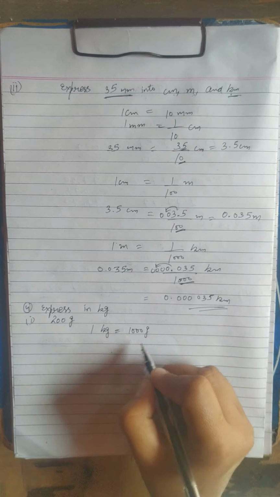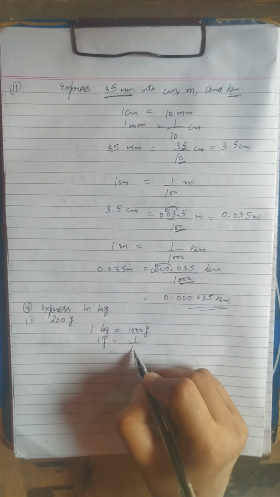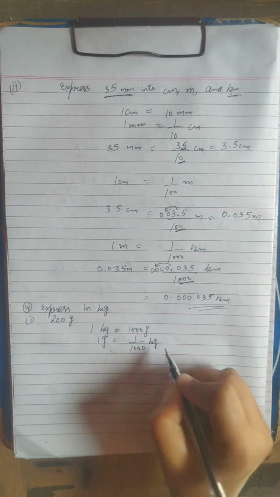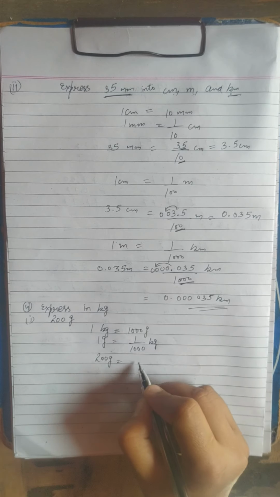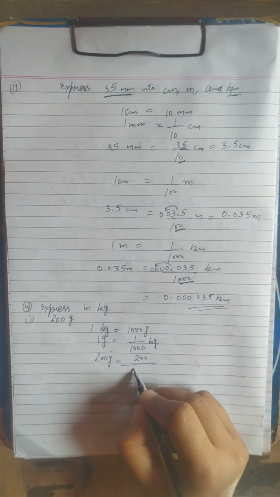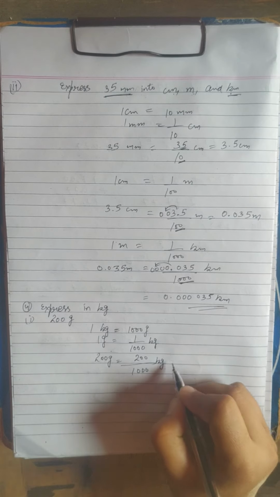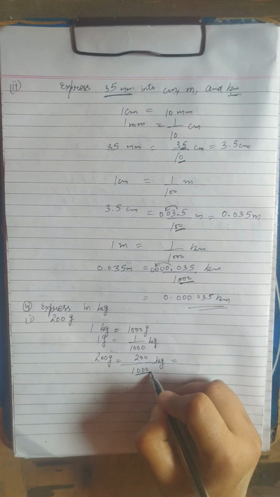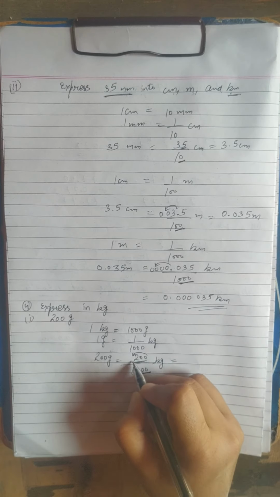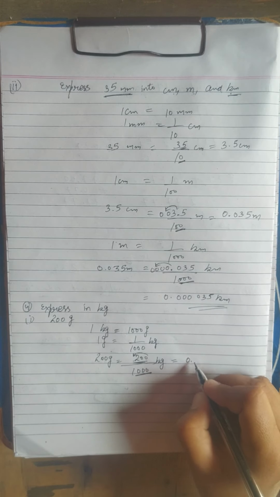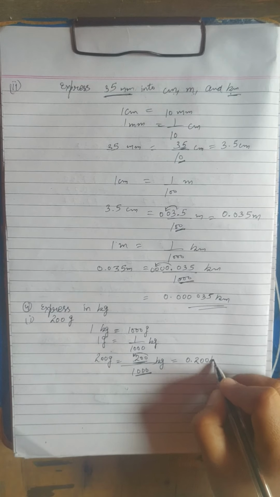1000 grams. Okay. So that means in 1 gram how many kilogram will be there? 1 by 1000 kilogram. Okay. So that means 200 gram is equal to 200 by 1000 kilogram. Okay. See now how many digits we have to leave in decimal part? 3. So leave the 3 digits. So our decimal will be here. So this is equal to 0.200 kilogram.